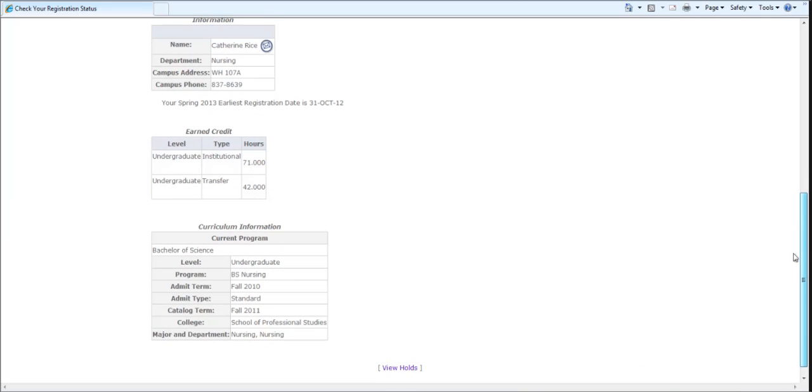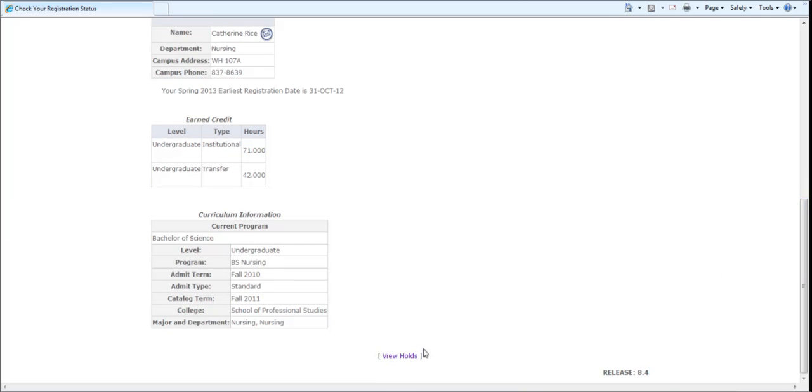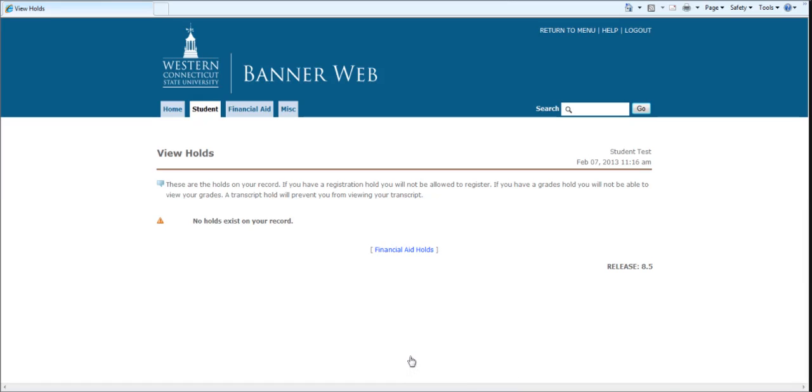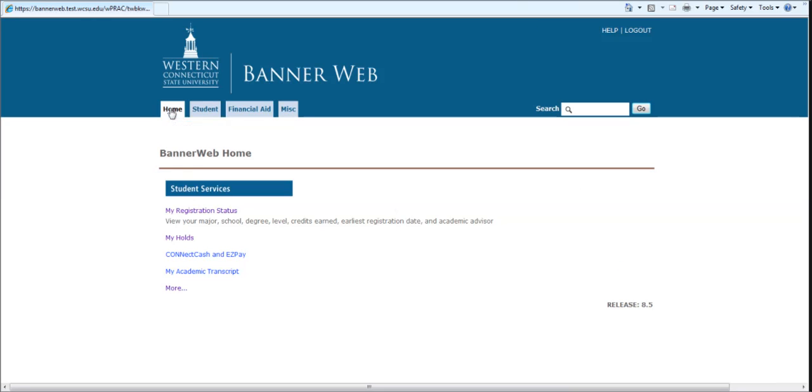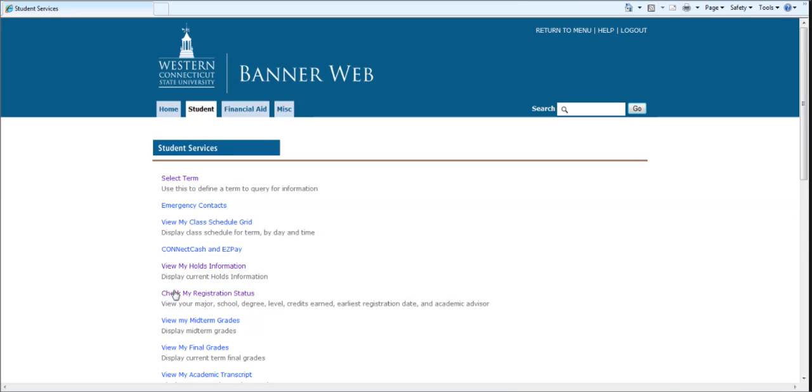Before the start of your registration time, it is important to see if you have any holds on your account. This is where you would see them. If there were holds, they would be listed here. Since you see you have no holds and that you know your registration start time, go back to the home page. Click More,